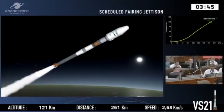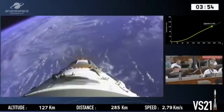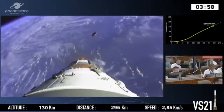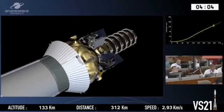So effectively we don't really need our fairing anymore, because we hardly have any friction, certainly not enough for it to be a problem, and so we can jettison it. This is the scheduled moment for jettisoning the fairing, and that's what it looks like from cameras on board a previous launcher. And he's confirmed that